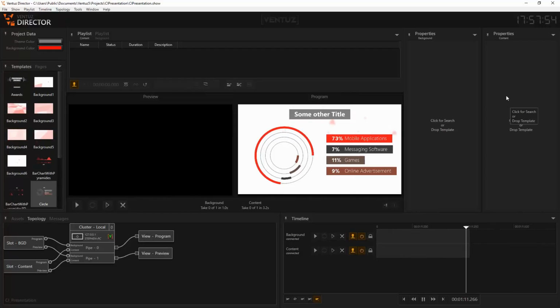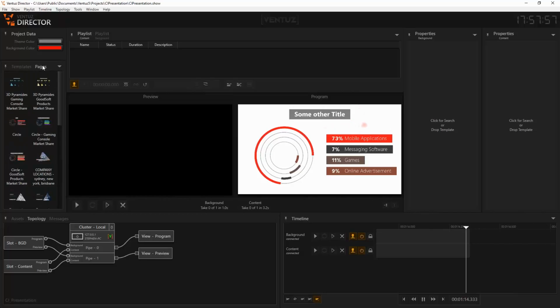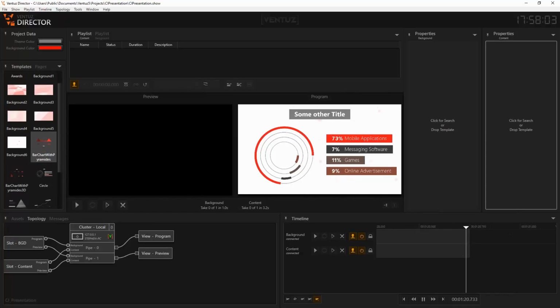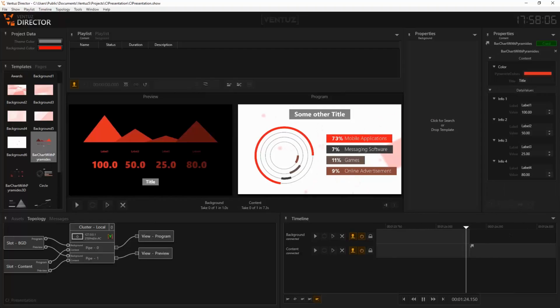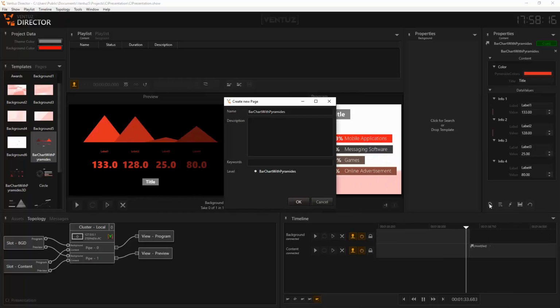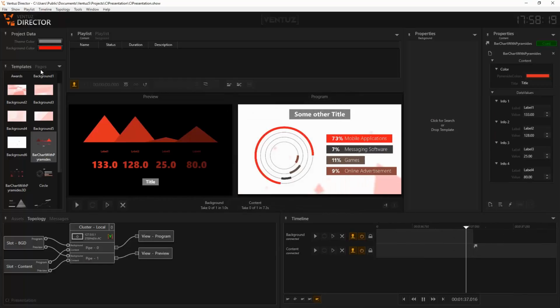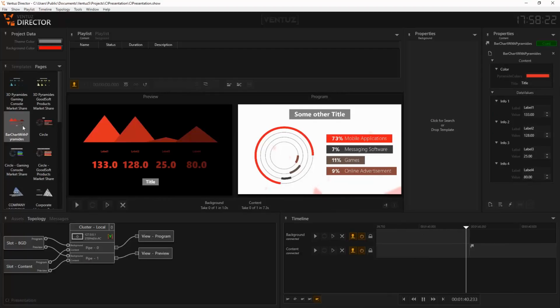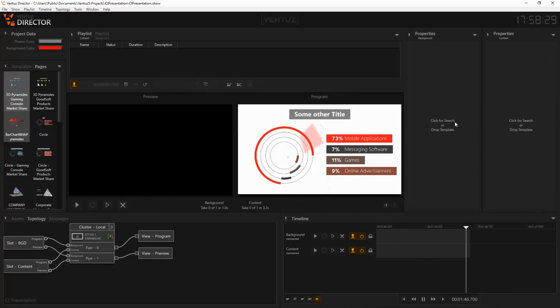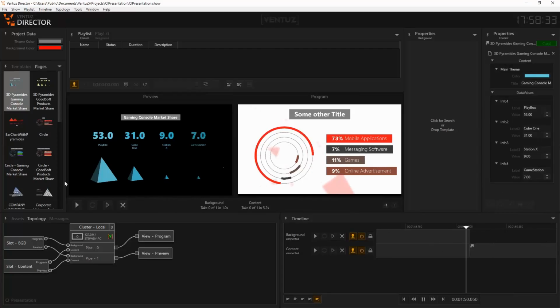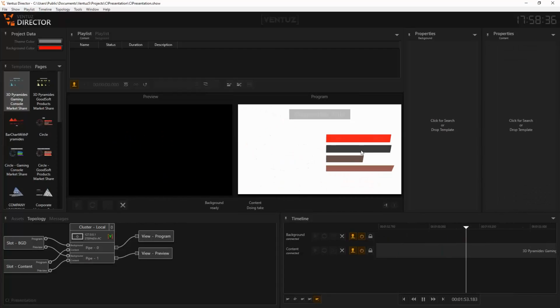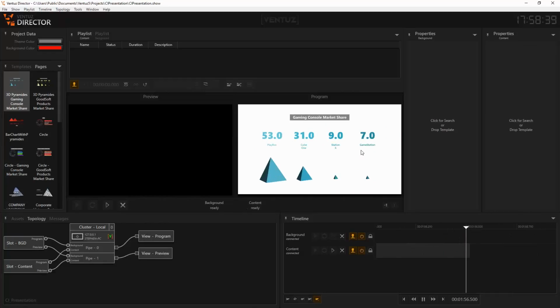So if putting in all the data during runtime is not suitable for you because you have to plan all that beforehand, you can use pages. For example, if you insert this pyramid bar chart and change some of its values, you can just click on the Create New Page button and create a page out of it. And now you can again queue and take this from the pages. So we have a more beautiful one already created beforehand with a 3D pyramid bar chart,